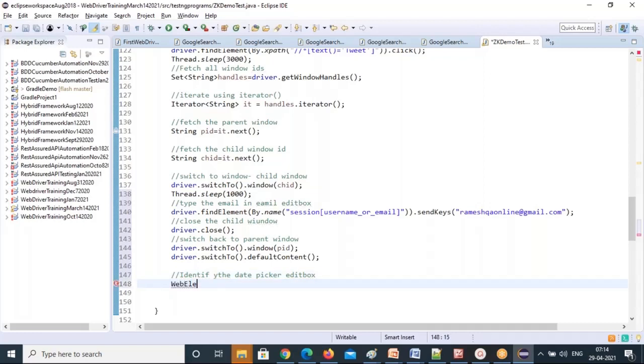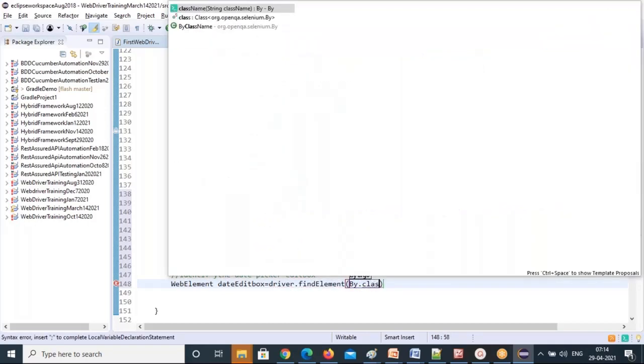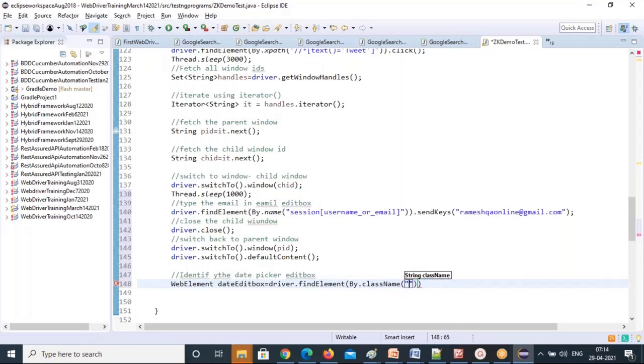So WebElement date edit box equal to driver dot findElement, By dot className, you pass the class value. So first you identify the element so that it's easy for us.